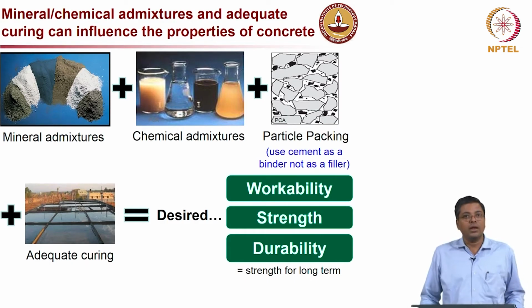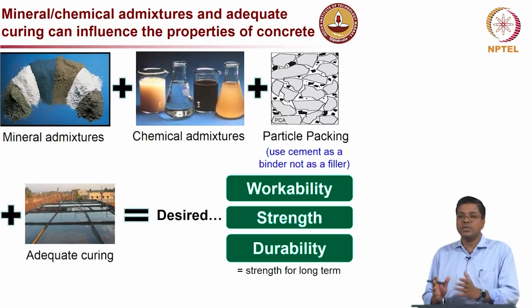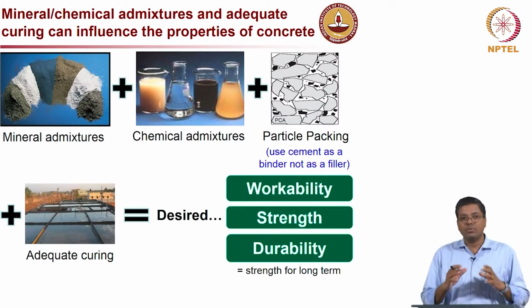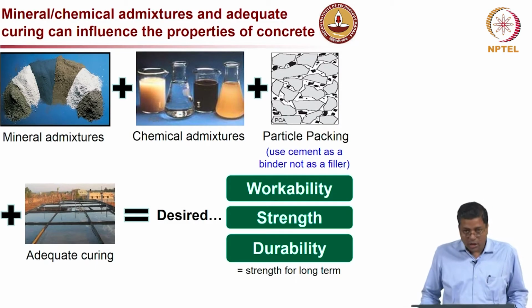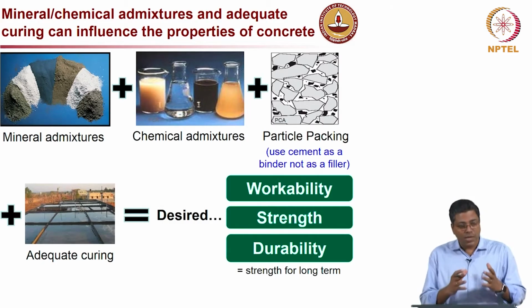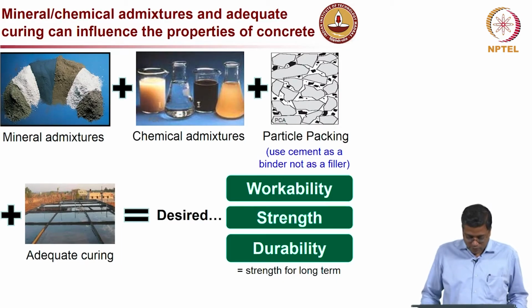I am emphasizing adequate curing again, because it is not just having good quality materials and design procedures, but also after making the concrete and placing the concrete, you need to have very good curing also. If you do not cure the concrete properly, you may not really achieve durable concrete systems. It is just like having different types of vegetables. You can have dishes made with the same vegetable, but the way you make the curry or the way you make the dish is very influential on how the taste of that dish would be at the end. So, that is probably a good analogy here also.